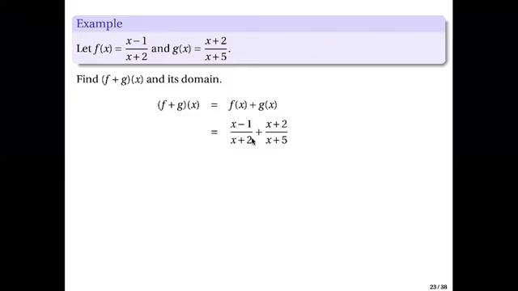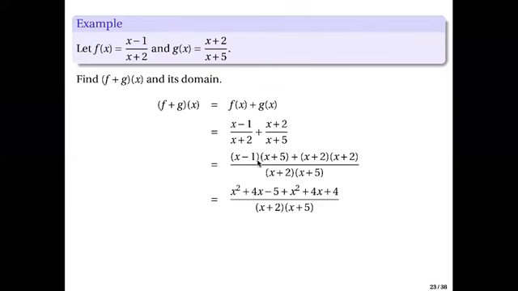So you combine. The denominator is just the product, (x plus 2)(x plus 5). The numerator, you cross multiply: (x minus 1)(x plus 5) plus (x plus 2)(x plus 2), and then do the